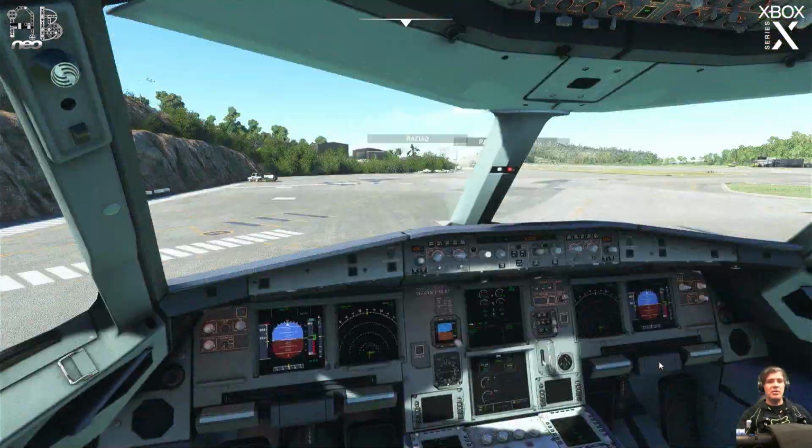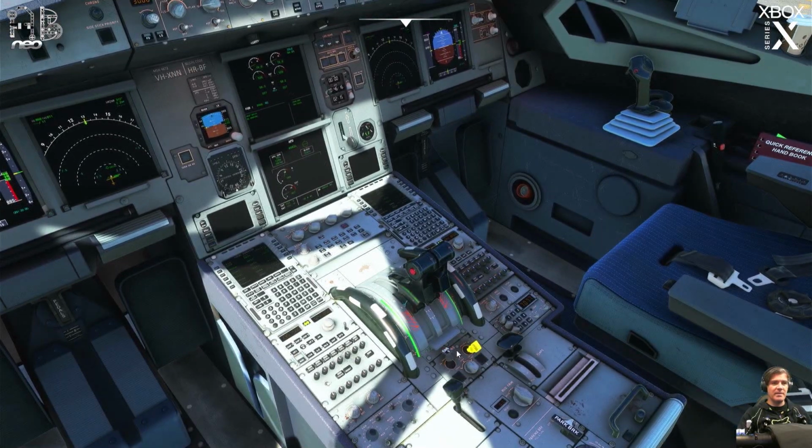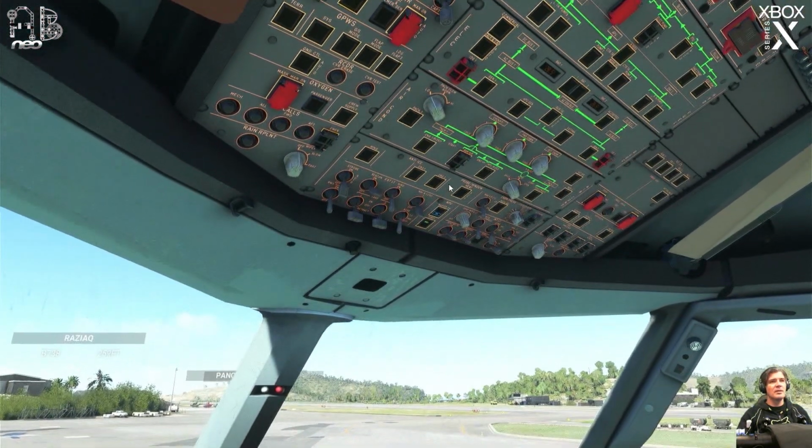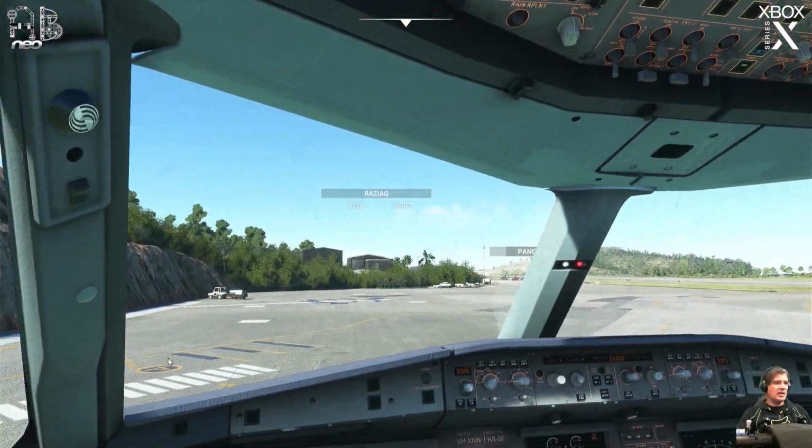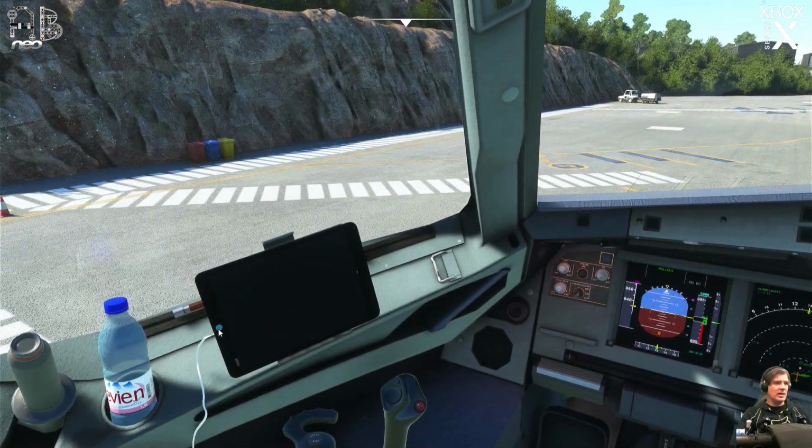That is brilliant. APU is running, so we will get the power off. Leave the navs on. Oh, there's the 737. It did take off. Awesome. It just seemed to be stuck halfway down the runway. It was weird. Beacon light can come off, and we will go to the fake EFB and turn on the